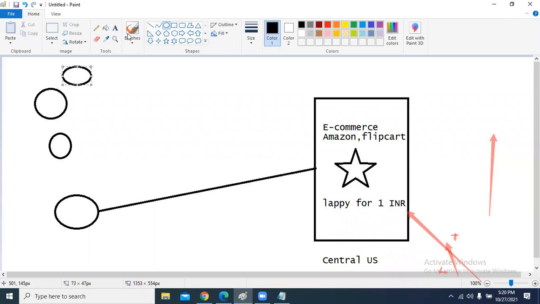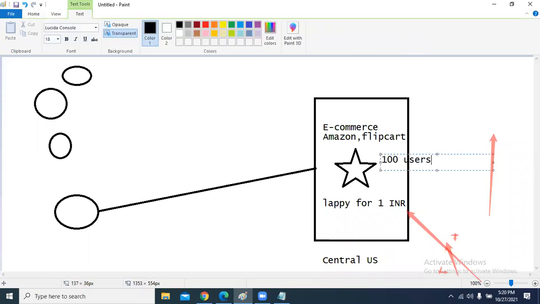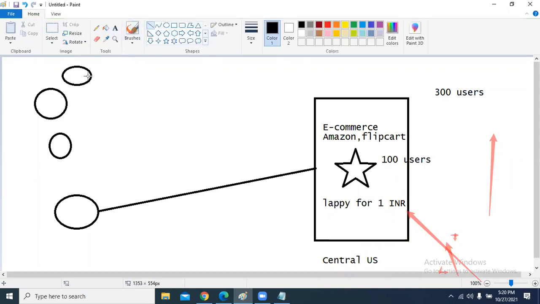But the capacity of this VM, of this server, is only 100 users. If more than 100 users are connected, the machine will get stuck and will not be responding. So what is the alternative here? The capacity is 100 users, but 300 users are connected because this is the festival season and they have announced one beautiful offer. Many customers are connected to this virtual machine.